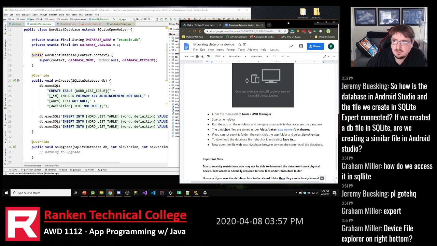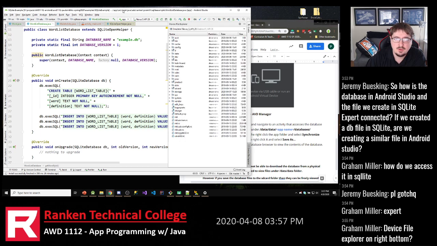So I want to go into the folder where it's going to be, which is data, the name of your app, /databases. So we talked about internal storage in 9.0. That's what we're talking about here. So data / your app name is your internal storage folder. Okay. So if we go in here,